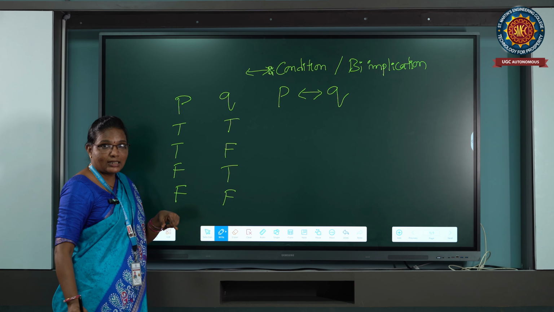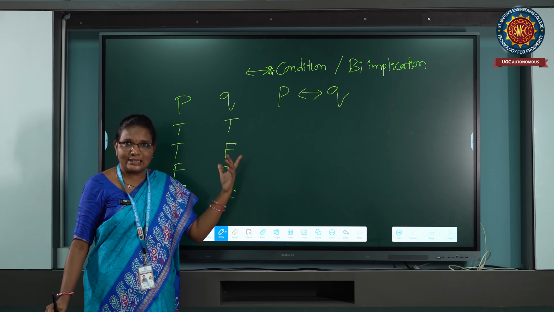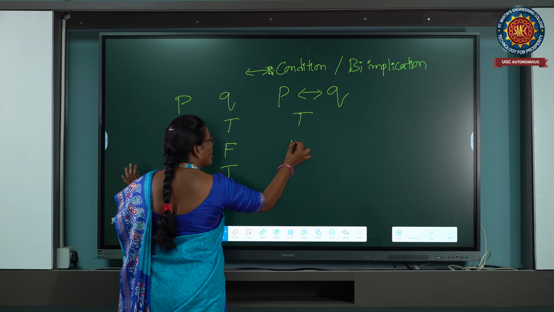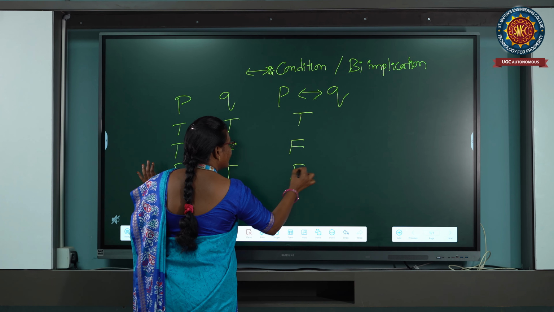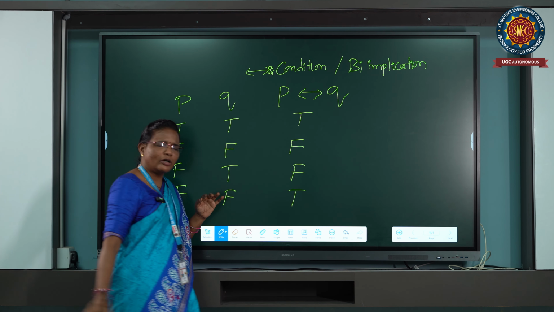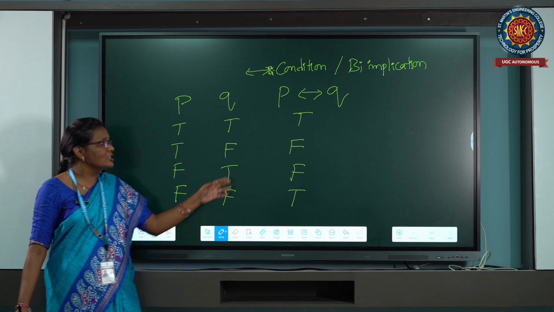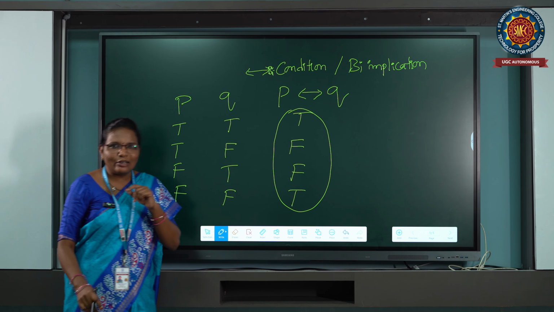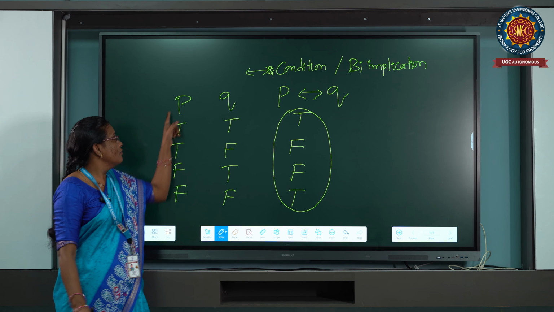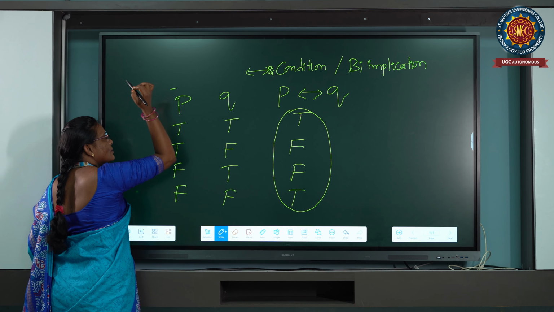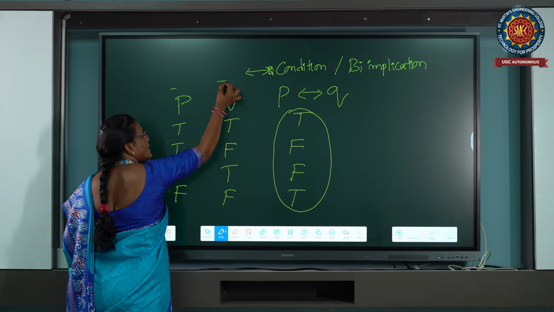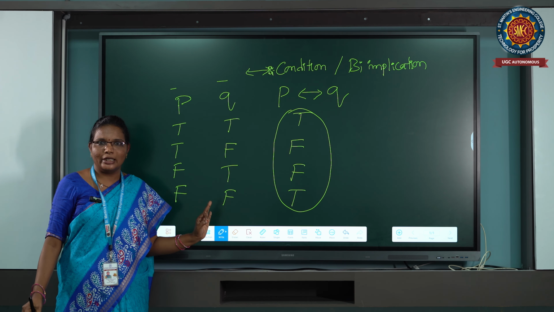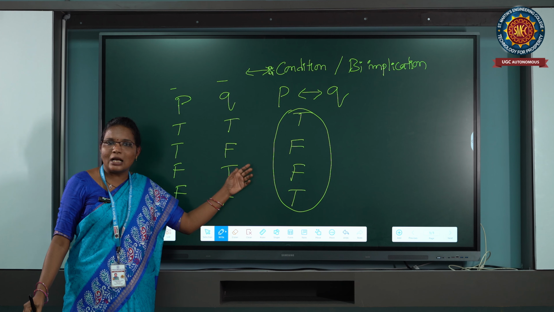First I'll write the result, then I will explain what it is. So true, true gives true here, then false, false, and true. How did you get the true here? How did we get this logic? I need to explain it for you. Now I'll take one simple example like this. For P, I'll consider minus, and Q, I'll consider minus. This is a simple way to remember the truth tables, and for that I'm giving this example.